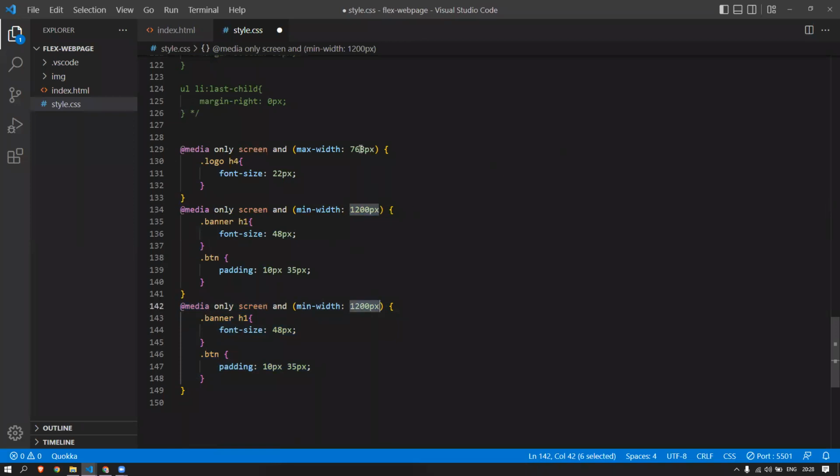So the max width is not like that. How the max width works is it shrinks the screen from larger to smaller, but the min width goes from smaller to larger. So the same way I want to give it here. The first step is 1200 for the min width. So here I want to change it to 992 pixel. After 992 pixel only we are going to catch the 1200, so that I'm focusing on this